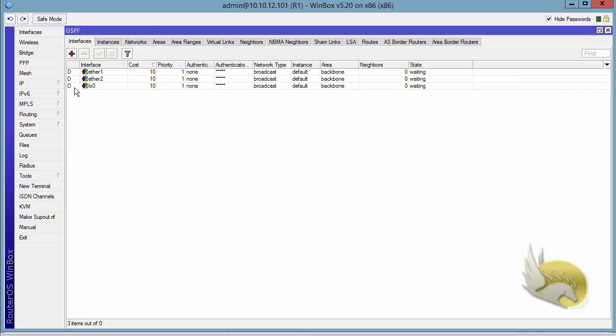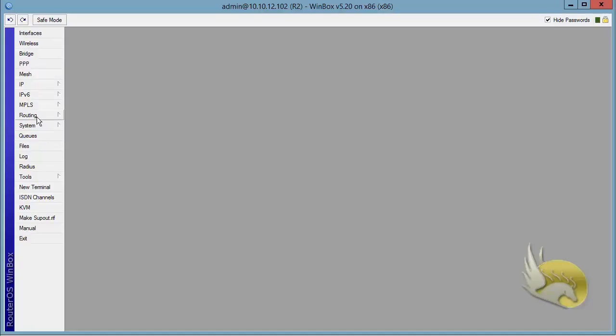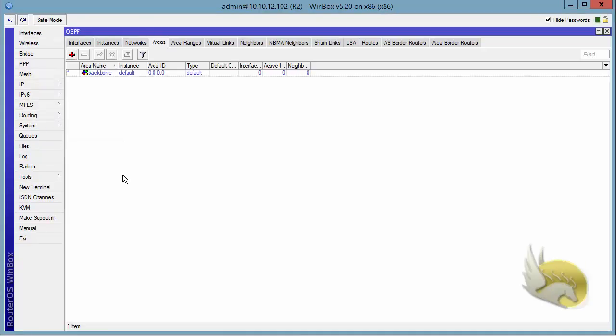And this D flag means these are added dynamically. Okay, now I have configured OSPF on one router. Let's go to router 2 and configure OSPF here. If I go to routing, go to OSPF, you can see again I have an area ID